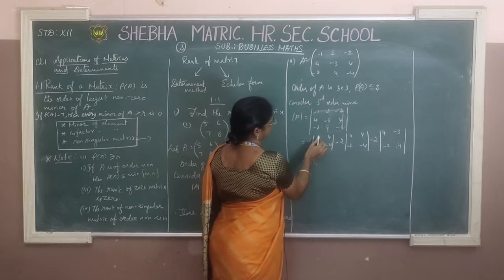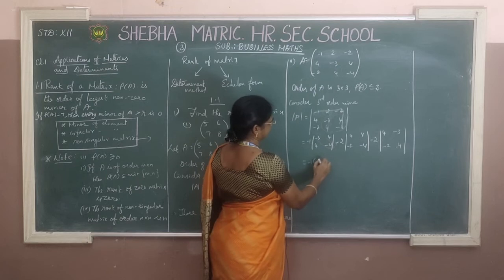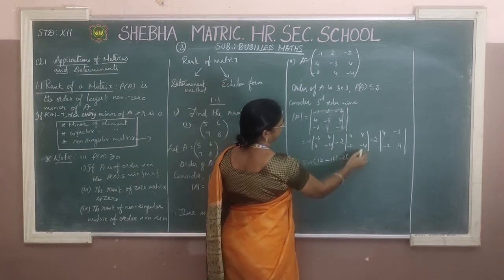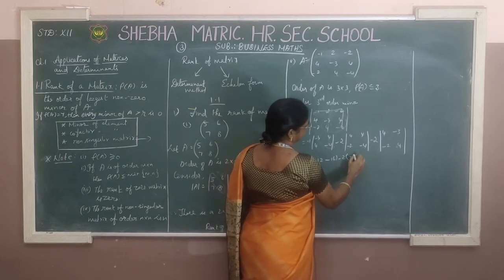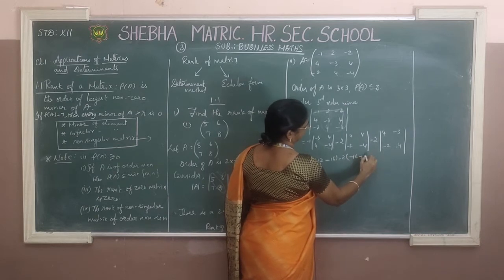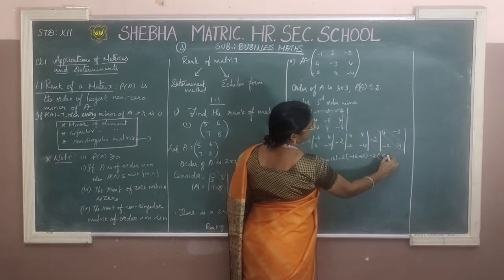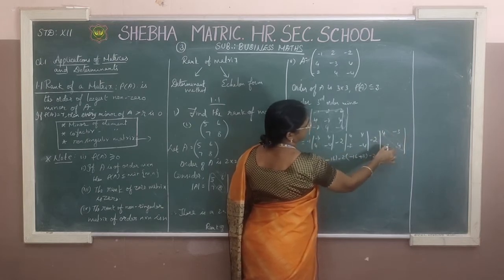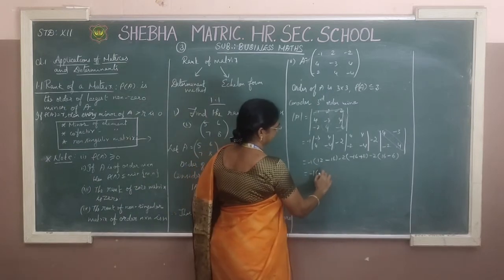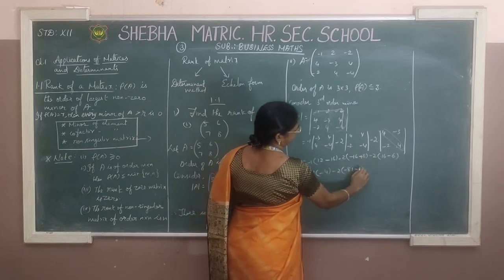Now, expand this, we get, first multiply these two. These two are minus 12 or plus 12, minus into minus plus 12, minus 4 4s are 16, minus 2 into, multiply these two, minus 16 and minus 4 2s are 8, minus 8. Okay. So, it will become plus 8, and minus 2 into, multiply these two, we get 16, and minus, multiply these two, 3 2s are plus 6.